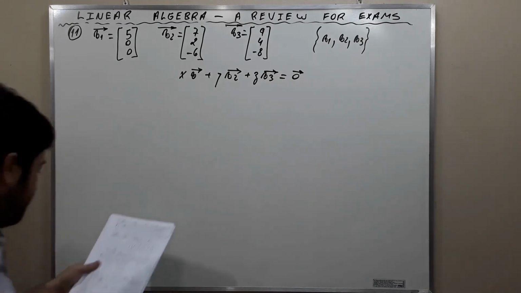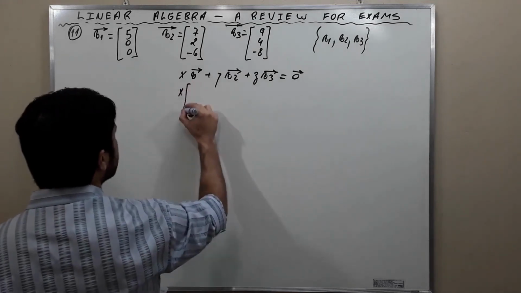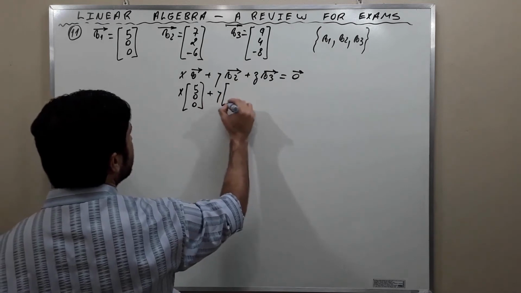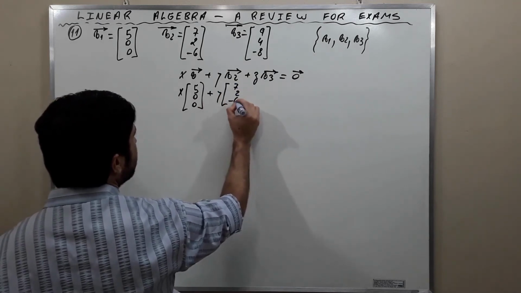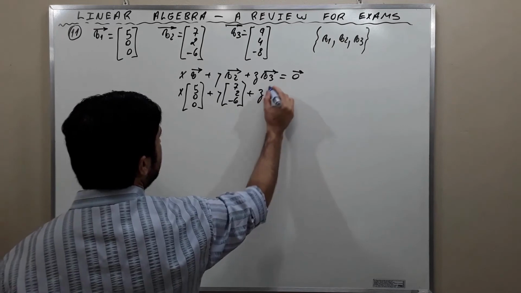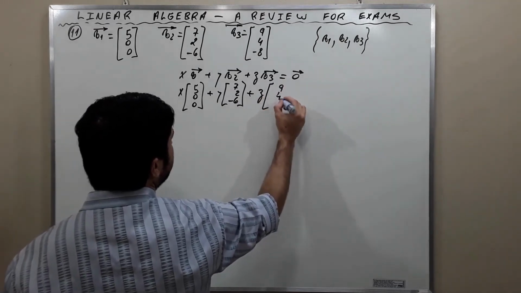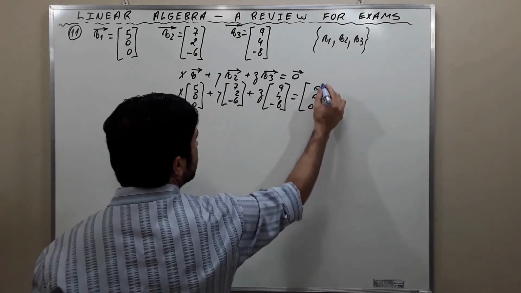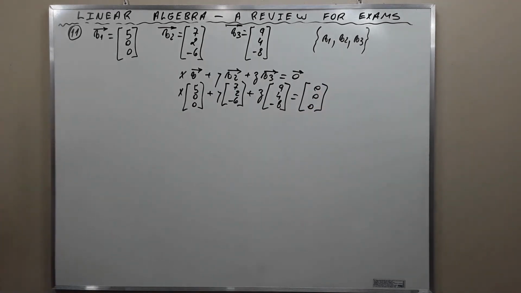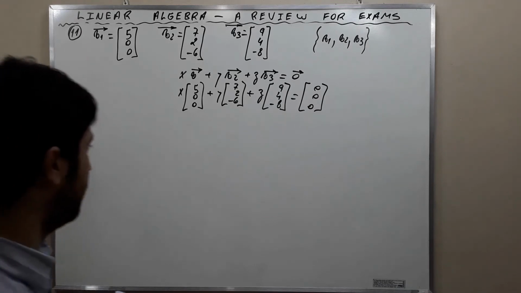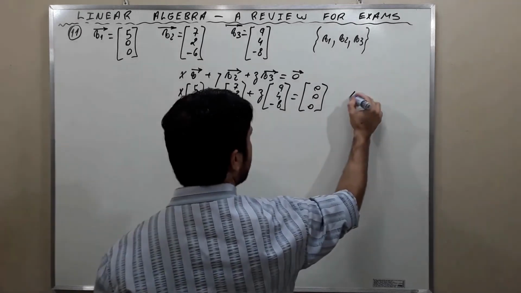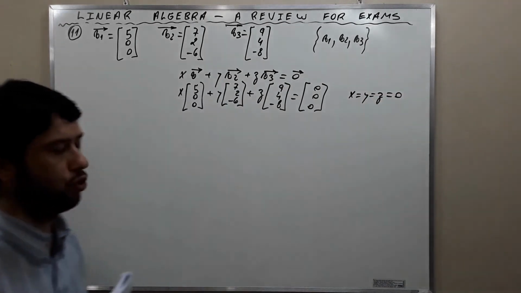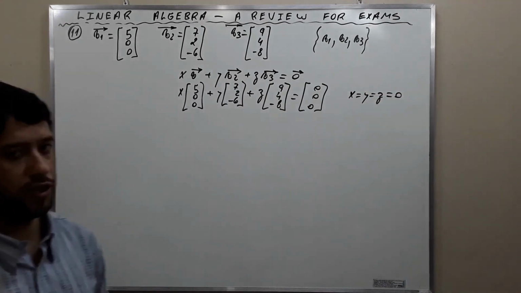In other words, x times (5, 0, 0) plus y times (7, 2, negative 6) plus z times (9, 4, negative 8) equal to (0, 0, 0). If and only if x equal to y equal to z equal to 0 produce the vector 0, then they